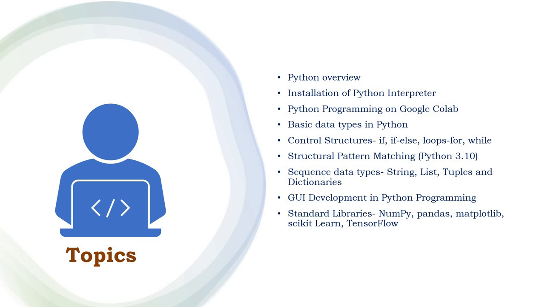Then we will also discuss GUI development in Python using tkinter and related libraries. Then we will have a basic overview of the standard libraries of Python, because we will be discussing them in detail later, but in these sessions first we will have an overview of libraries like NumPy, Pandas, Matplotlib, scikit and TensorFlow. Okay, so let's start